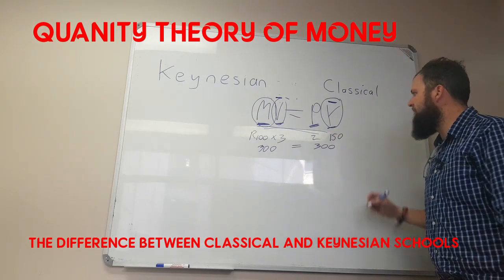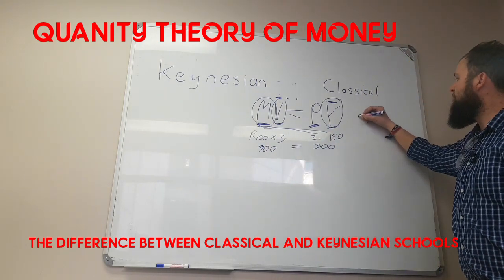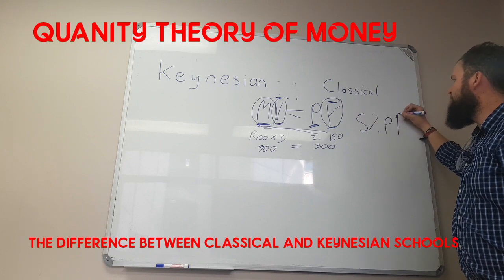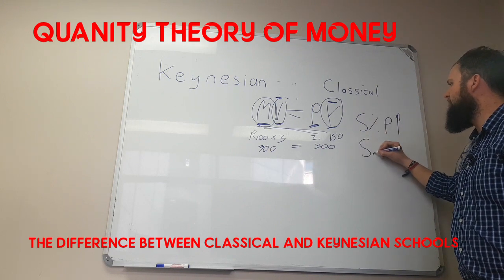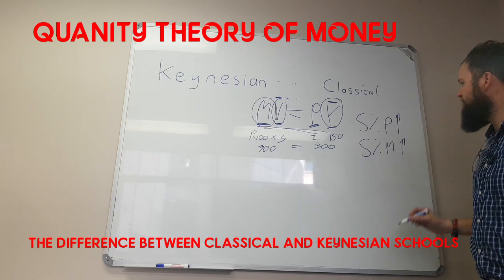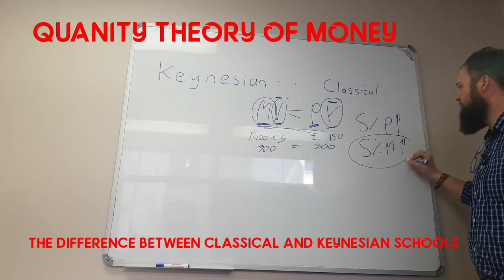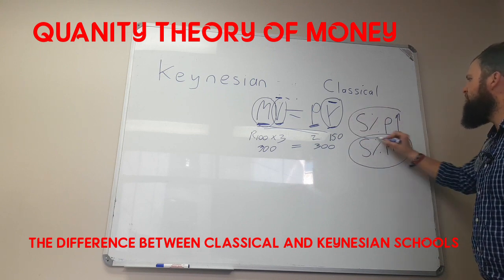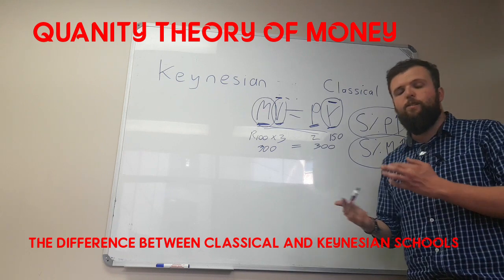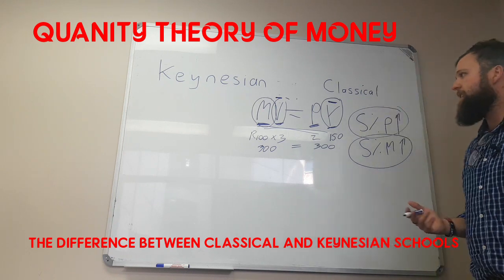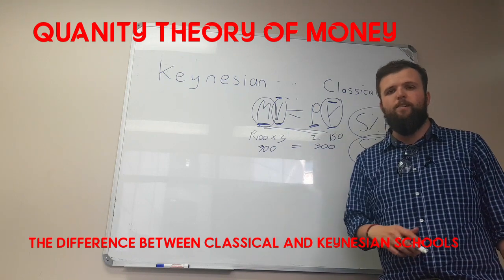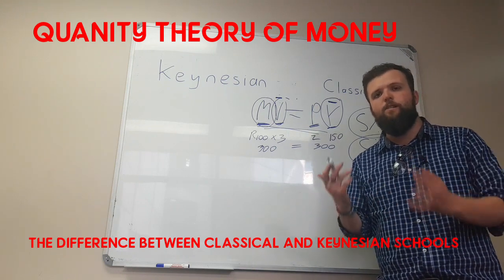Thus we can say that if prices increase by 5%, P goes up by 5%, the money supply will also go up by 5%, or vice versa. You can say if the money supply goes up by 5%, prices will also go up by 5%. And that's the classical school, and also the reason why the classical school assumes that the real side will be independent from the nominal side and vice versa, and the two won't affect each other.